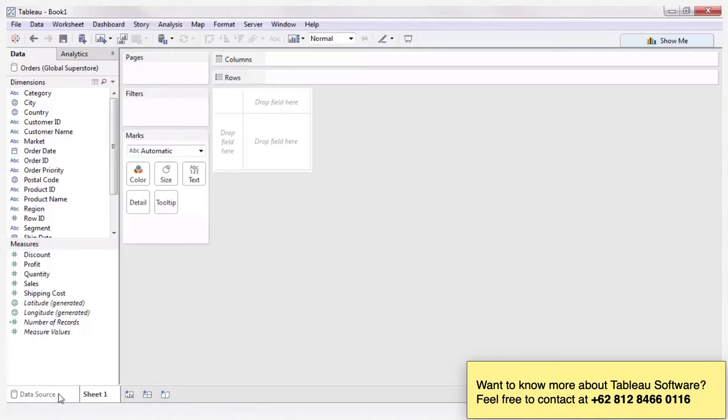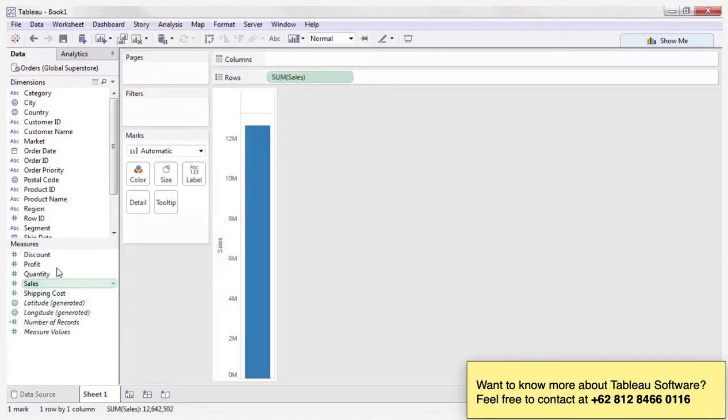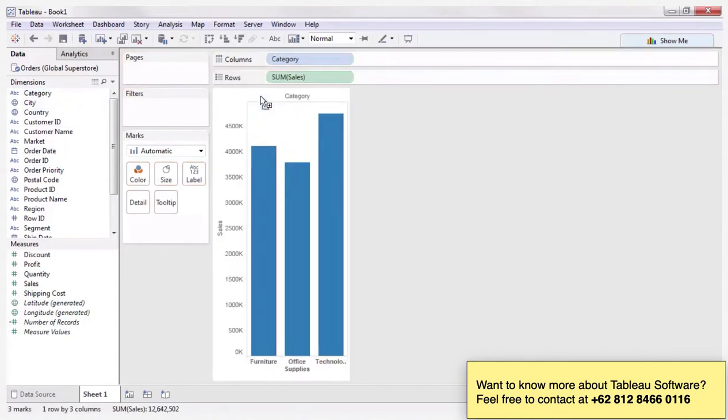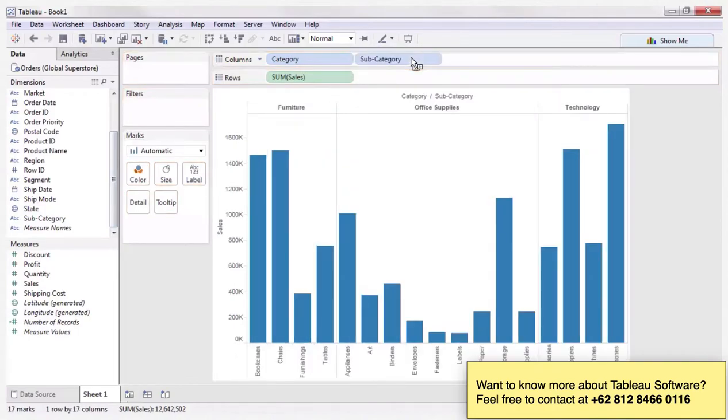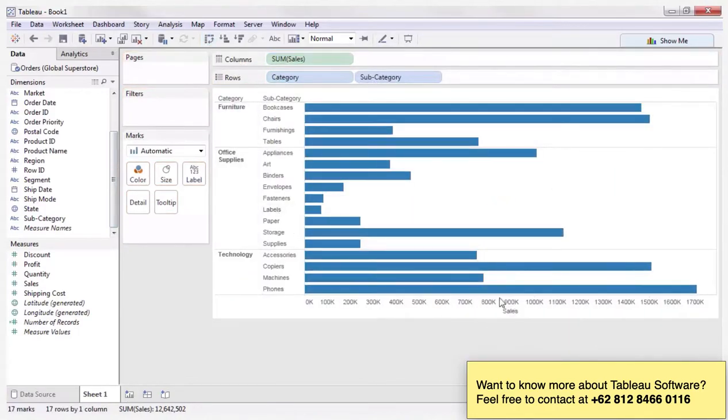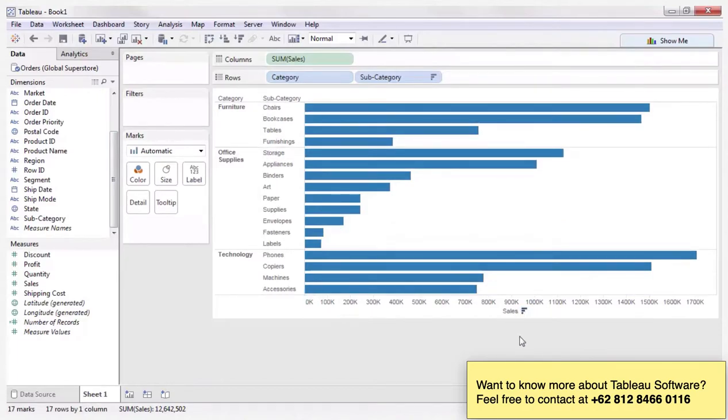As a new category manager, I want to analyze sales by category. Let's drill down to subcategory. It's a little hard to read like that, and I want to make sure it's sorted. So I've been focused on my question, and Tableau figured out that furniture sales seem to be strong, with chairs